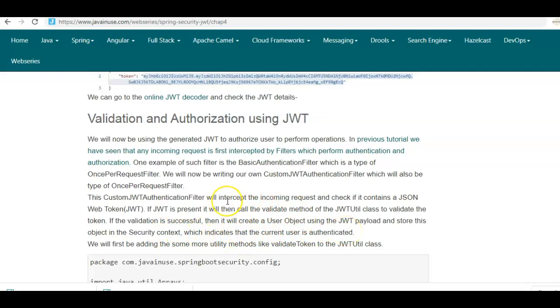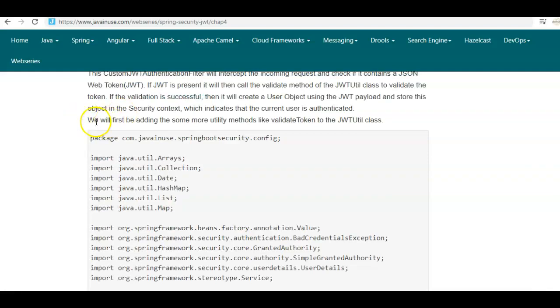Also, in the first tutorial of this series, we had seen that one advantage of JSON web token was that it is self-sufficient. By self-sufficient we mean that when the JSON web token has been successfully validated, the user object will be created using the JWT payload only. It will not need any other external resources like some information from the database or anything else. So the entire authorization will be done on the basis of this JWT payload. Let us begin with the implementation part.